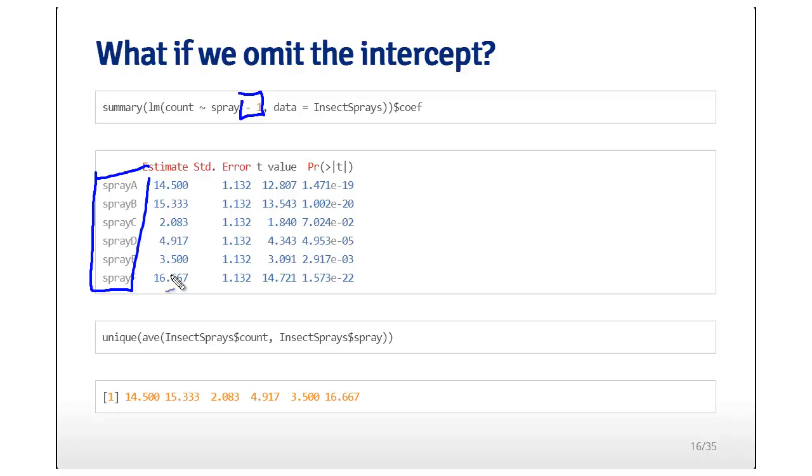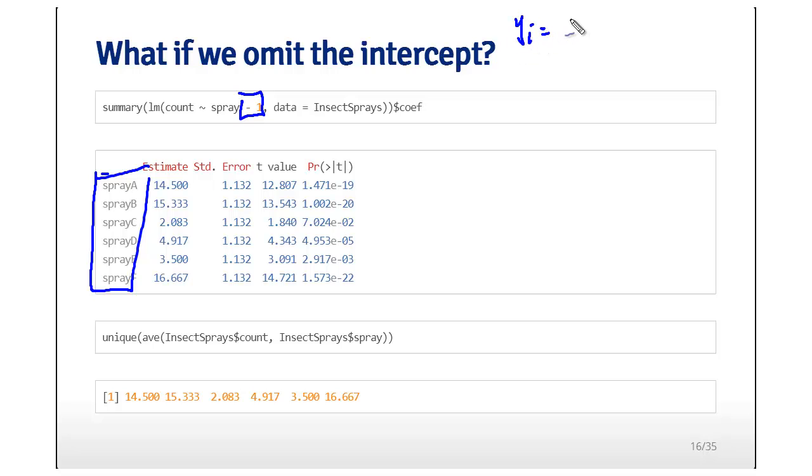So if we include the intercept and there's 6 sprays, it's got to get rid of 1 and have only 5 coefficients, because 1 is going to the intercept. If we omit the intercept, then we have 6 means that we need to fit, and we then have 6 coefficients that we can fit. And it says, oh, okay, well, I'll do that. I'll include one for spray A. And what you'll notice then, in this case, now the model is